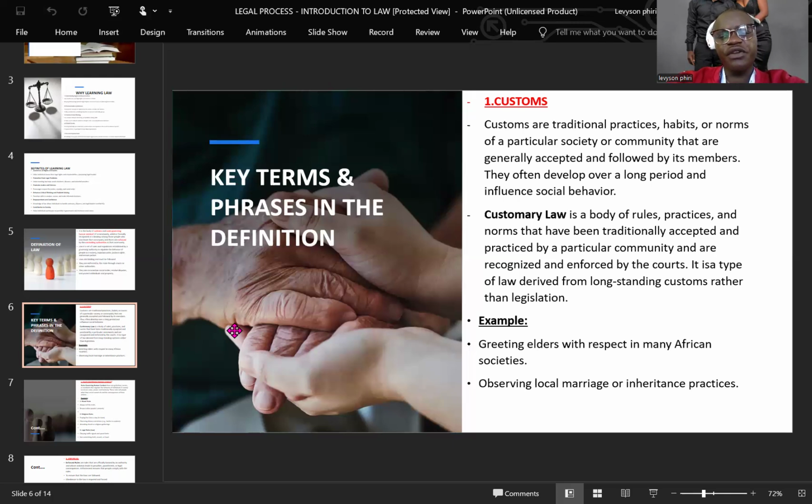Also, when it comes to observing local marriages or inheritance practices, we have customs which we follow when we want to marry someone. So when you come to Zambia and when you go to America, we have different customs when it comes to marriage. We have different norms and customs. That's what we follow. And also when it comes to women, and also when it comes to men, when you reach your puberty stage,